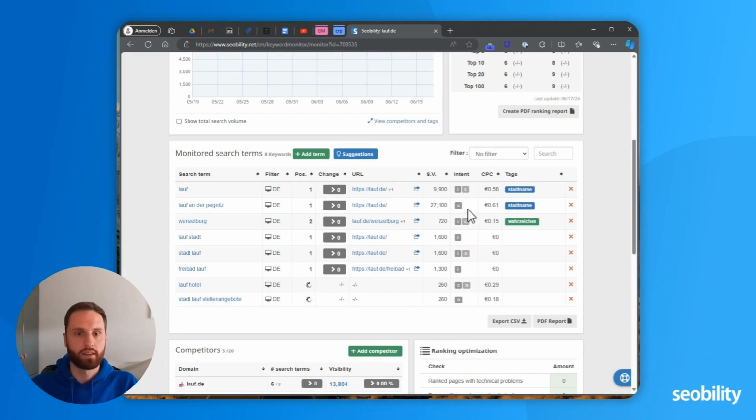And then others like Laufstadt, which is basically city of Lauf in English, and it would usually be the intent that people want to look up information of that city. So the dominant search intent is informational in this case.